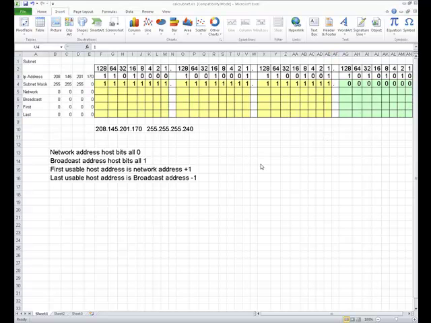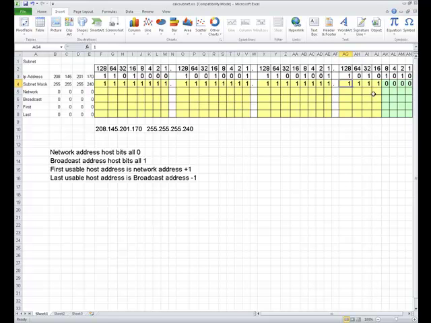I'd like to do a second one where the bits wind up to be a little bit different. I've already written the IP address 208.145.201.170 in binary. I have not written yet the subnet mask 255.255.255.240. The current one is 255.255.255.0. So if I now change the subnet mask to 255.255.255.240,